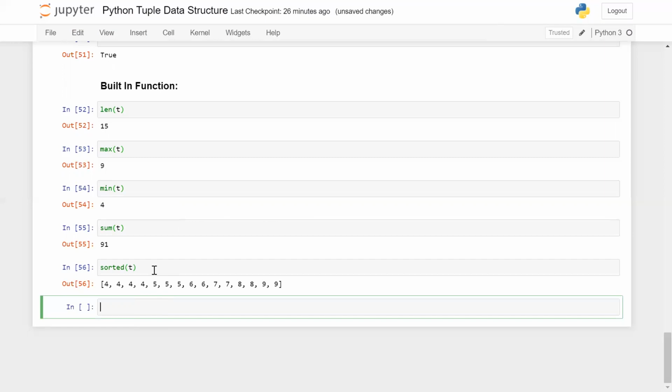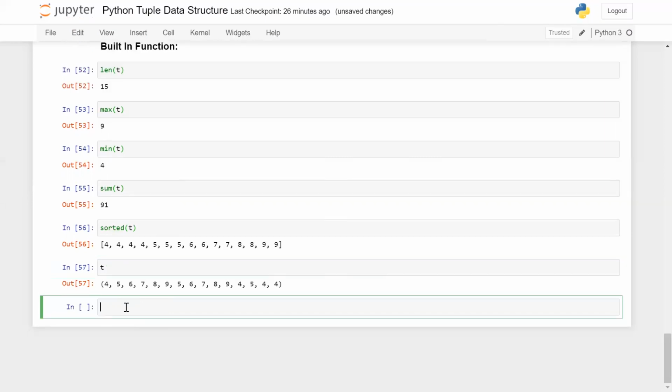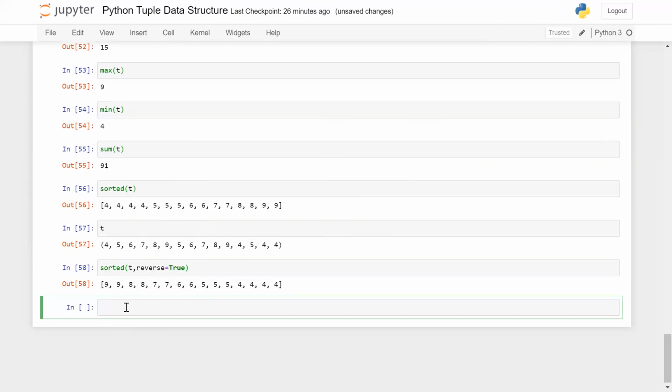But you need to remember, the sorted function always returns a new sorted list. Your T will not change. Once again, sorted of T and reverse equal to True here will give me descending order. So you can see that sorted always returns a new list.